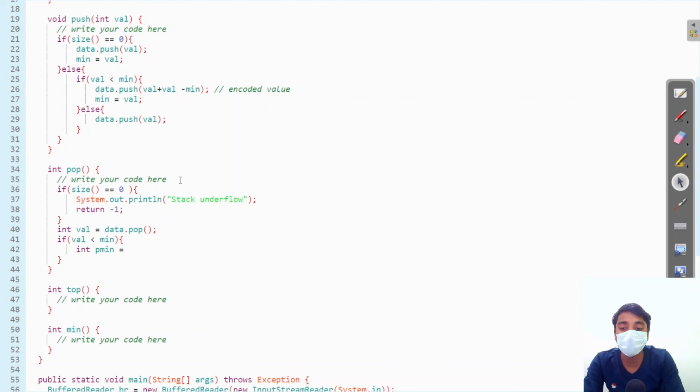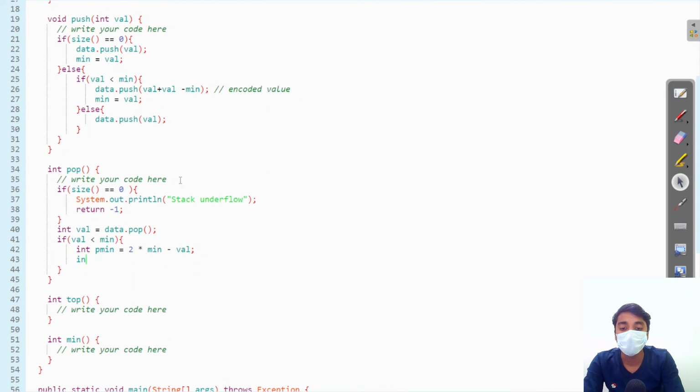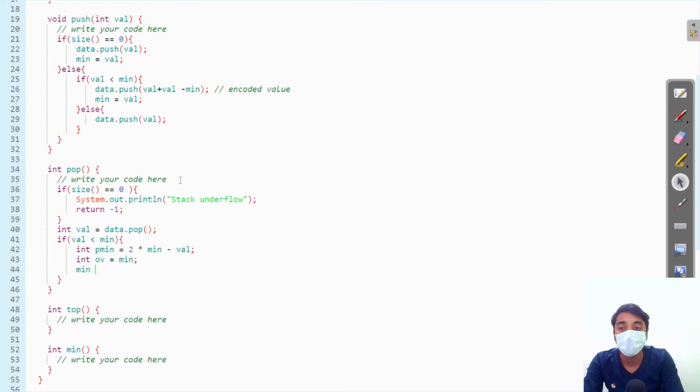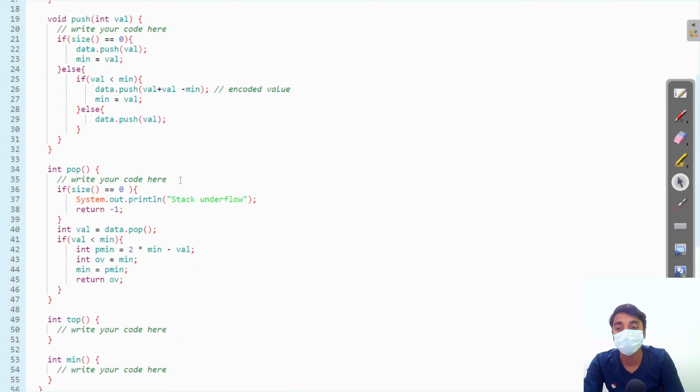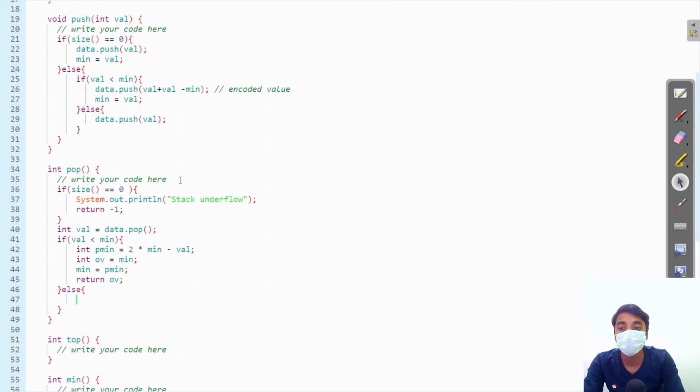The previous minimum will be 2 into min minus encoded value, that is VAL. Now save the original value to return, which is minimum, update the minimum value by previous minimum and then return the original value. Else simply return the value because value is greater than or equal to the minimum.